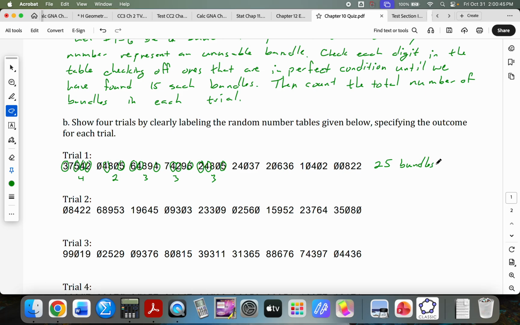We didn't want the percentage of good bundles, which is one of the things that I saw. We want to know how many bundles we had to pick before we got 15 good ones. Okay? All right, then on the next one,